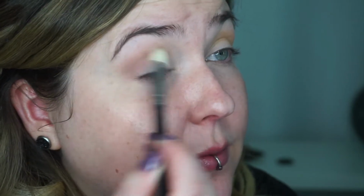I think I'm gonna take this purple shade and build this up in the crease. Now, purples in general are super hard to make, so I'm not surprised that this...